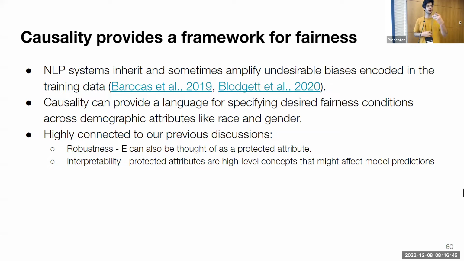If we think about a notion of counterfactual fairness, maybe one thing that we want our model to have is that given that we have some example, we change the gender, but we keep everything intact. We want our model to be unaffected by that manipulation, right? So if we can imagine an intervention on gender in our text, what we should want to enforce is invariance with respect to that intervention, right? And there is a very clear causal language to describe this idea, and we also have a bunch of methods to try and enforce this, right?